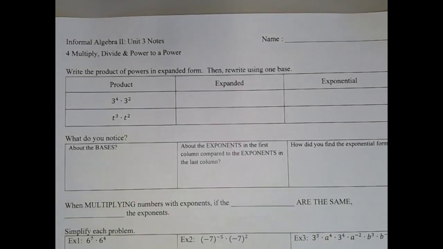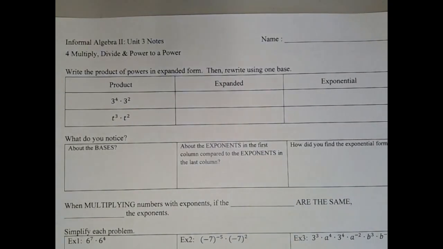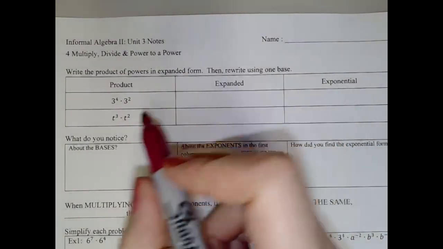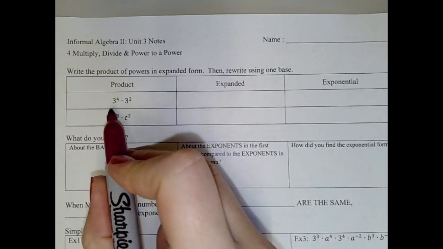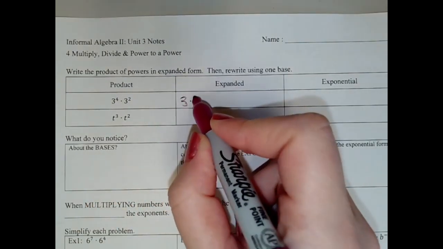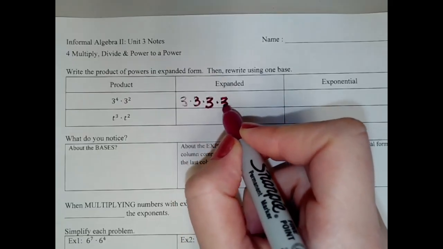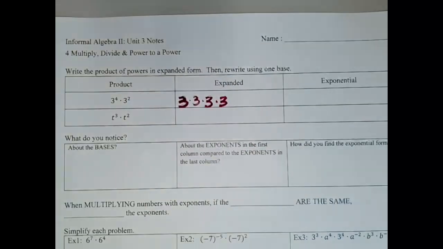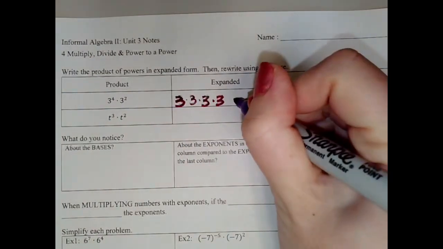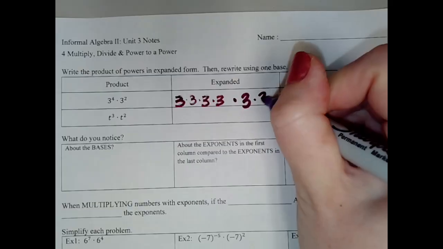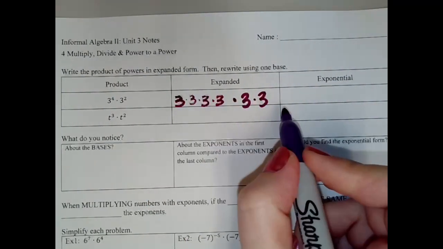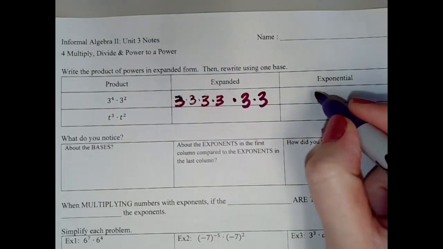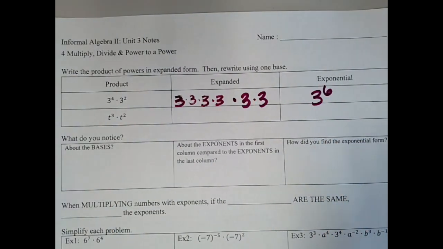We're going to start off this video with a reminder of expanded and exponential form. As a reminder, exponents are just repeated multiplication. If you have 3 to the 4th power, that's 3 times itself, a total of 4 times. And if I'm multiplying that by 3 squared, that's multiplying it by another 2 bases of 3. So in total, I have 3 times itself 6 times, which in exponential form would be 3 to the 6th